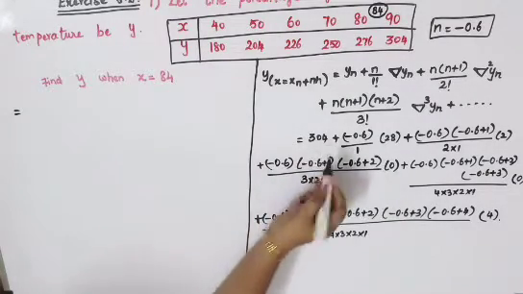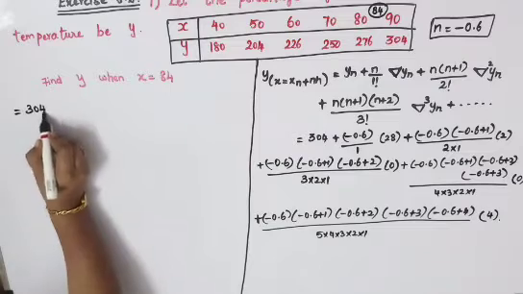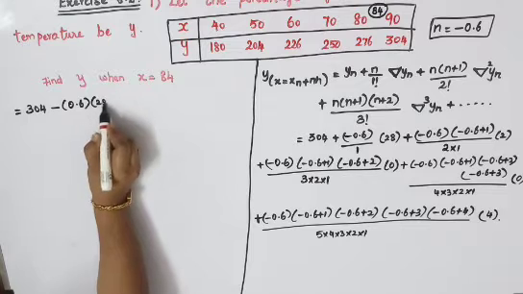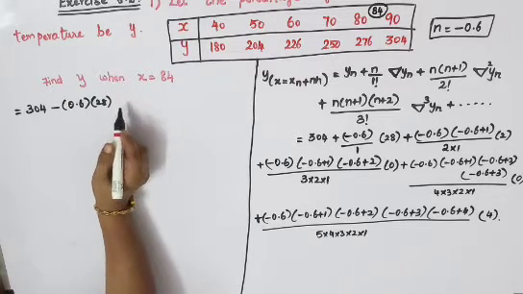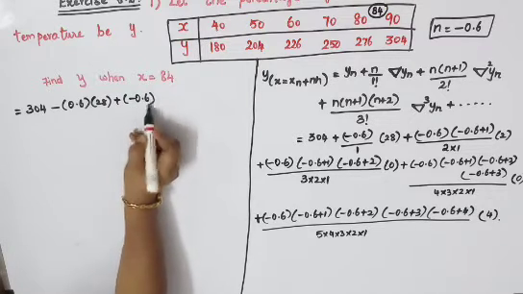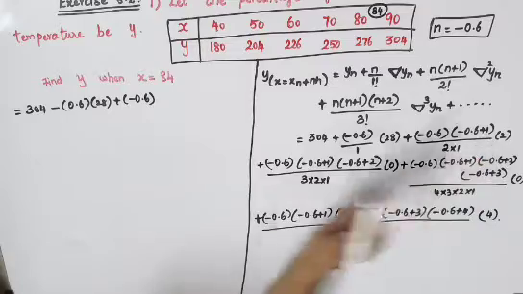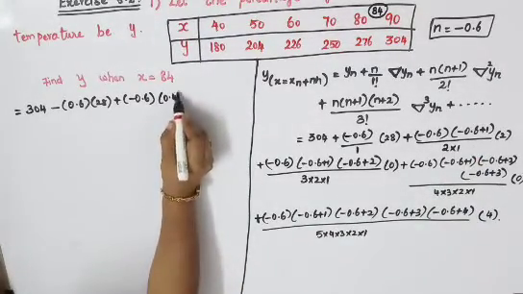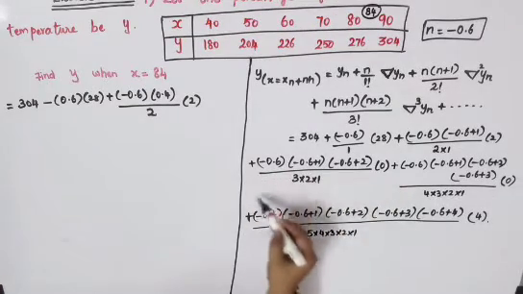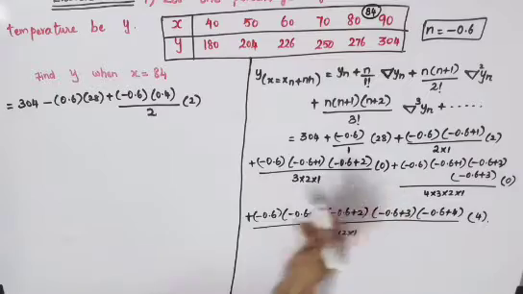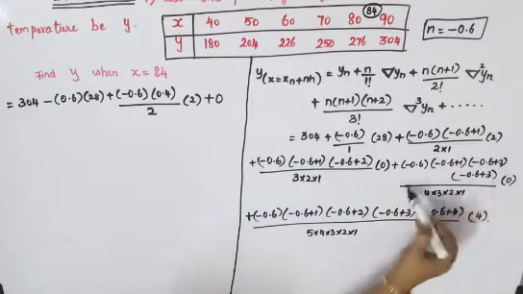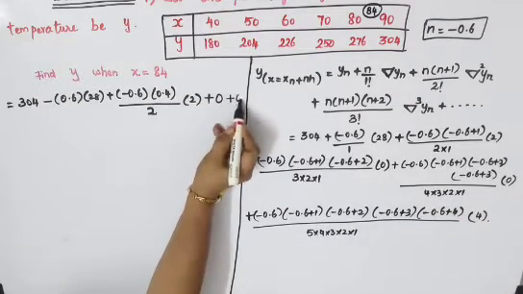So do carefully. First is 304 plus minus 0.6 into 28 divided by 1 factorial. So 1 you can leave as it is. Next is plus minus 0.6 into minus 0.6 plus 1, you will have 0.4, divided by 2 into 2. Fourth term, you have got 0 here. So if you solve also, the answer will be 0. So straight away I will give it 0. Fifth term also you have got 0 over there. So you can give 0. Straight away I will just give 0.